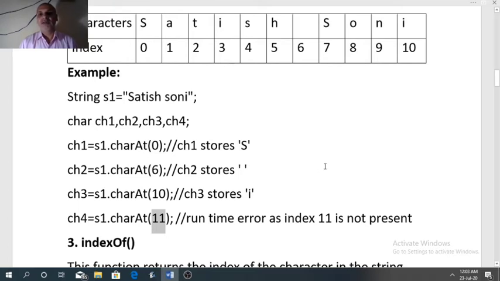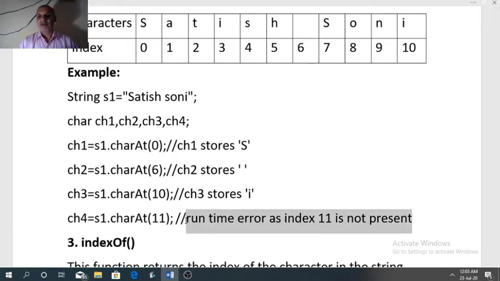In that case, it will not find that index present, so it will give a runtime error here. So be careful, whenever the index is not present, the compiler will give a runtime error.